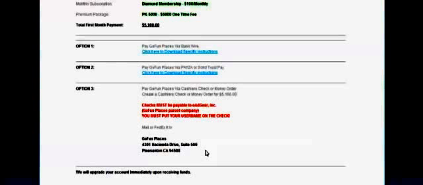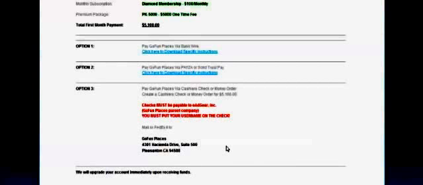Now, for those of us that are overseas, and I know we've got teams going in Russia, over in Australia, the UK, guys, for those guys, probably maybe a better option might be going with a wire transfer. Okay, but I'm telling you, as far as those of us here in the U.S., right now, guys, the fastest way definitely is get that cashier's check and send it off. You'll notice right here it says you must put your username on the check. And you notice it does not say your sponsor's username. It says your username, the one that you created for your account. Otherwise, you're not going to know whose account to put it into.